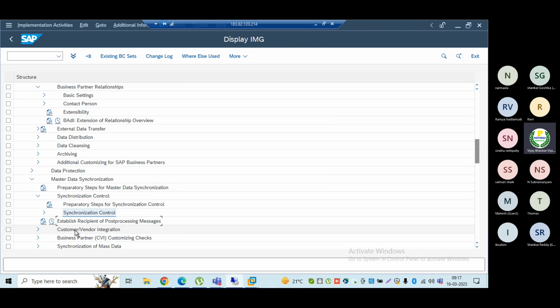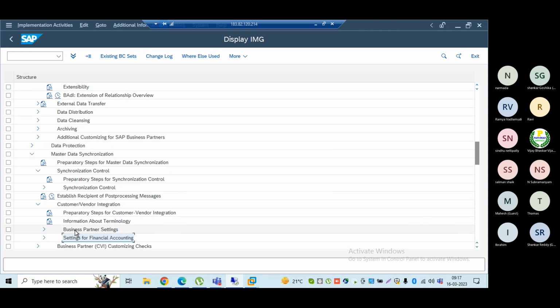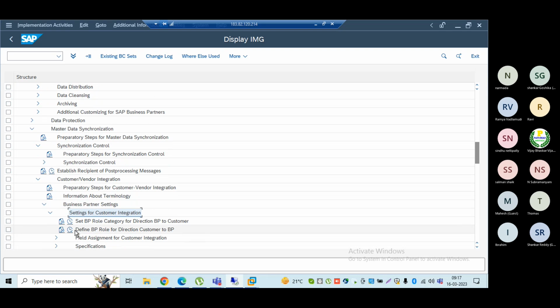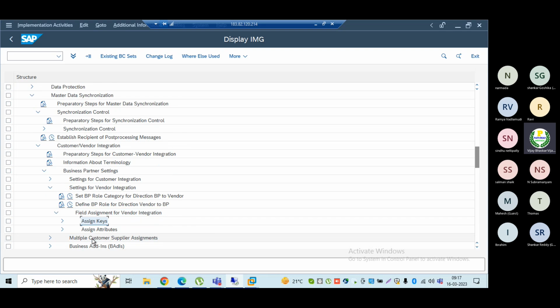Customer vendor integration, then the customer business partner settings, settings for customer integration, BP roles, fields assignment for the integration. Then assign keys, define number ranges for the direct BP to the vendor. But before going to this, I must create the number ranges.